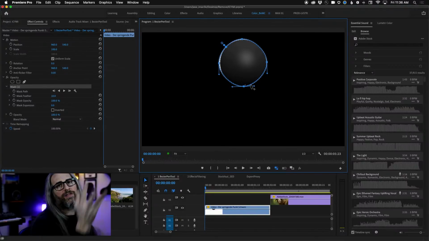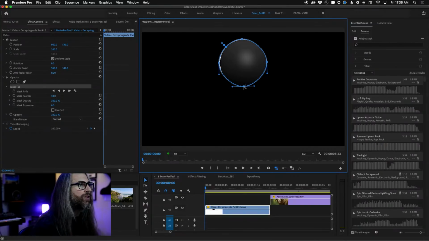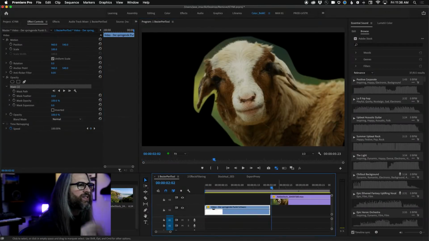Also, if you want to convert one of those points back to linear, simply hold down Alt or Option again and click, and it does just that. All right. So it functions the way you expect. It works real smoothly, really, really simple, really, really easy. And then of course we could track this motion if we wanted to. Using this kind of as just an additional example here.